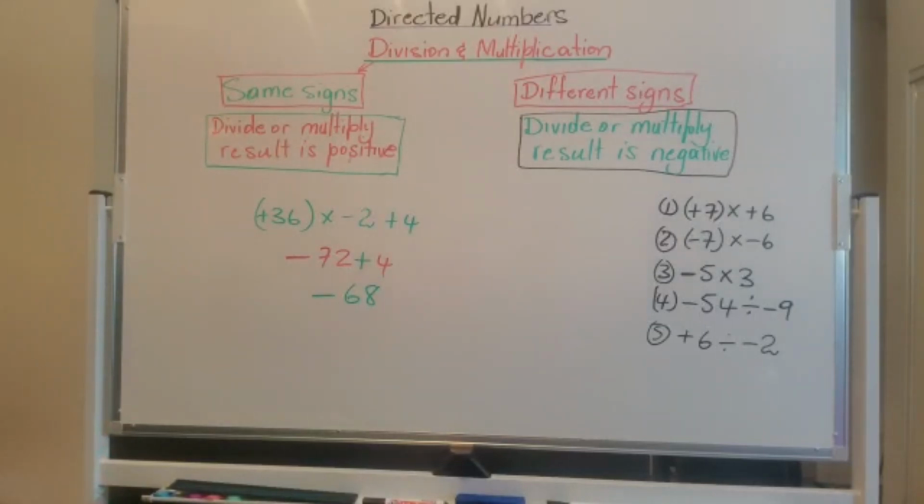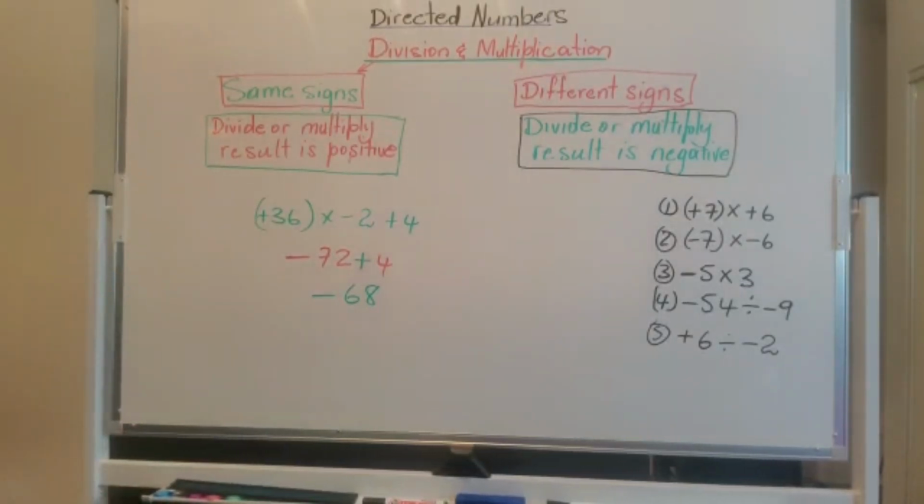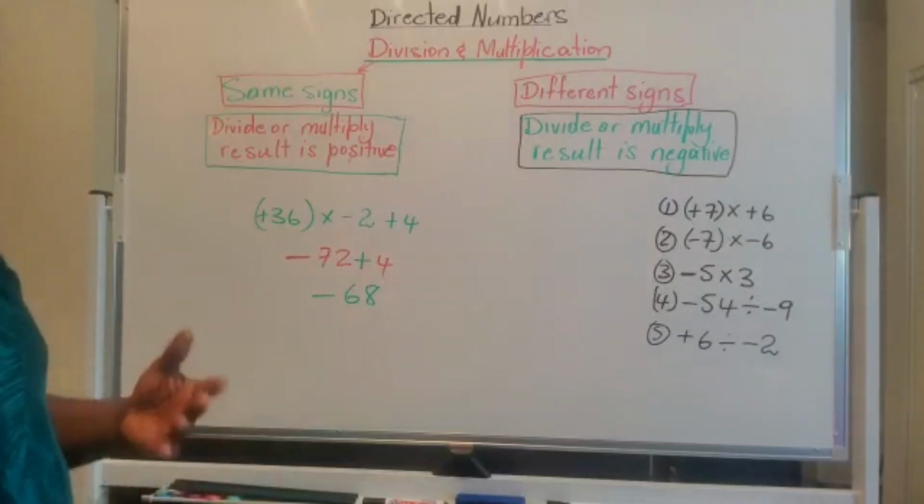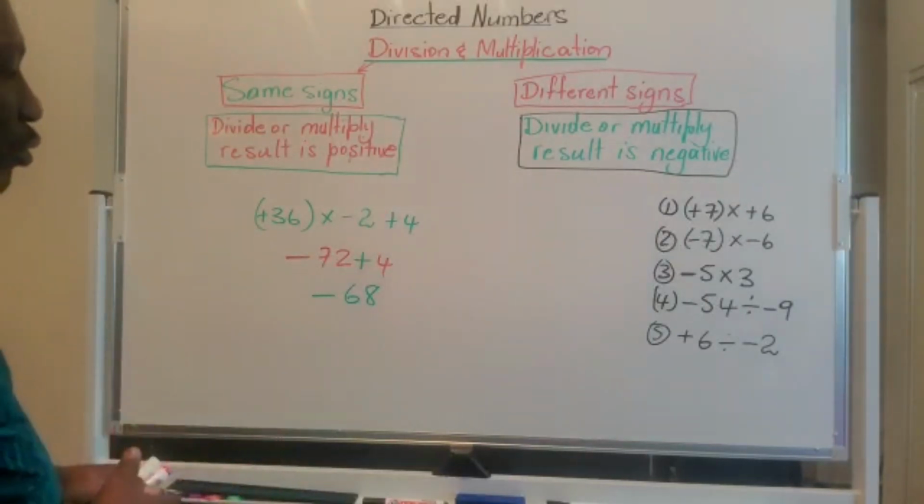So again, as we established earlier, when multiplying two same signs, positive. When dividing two same signs, positive. When multiplying two unlike signs, it's going to be negative. When dividing two unlike signs, it's also going to be